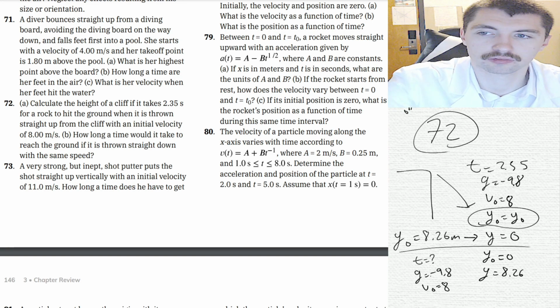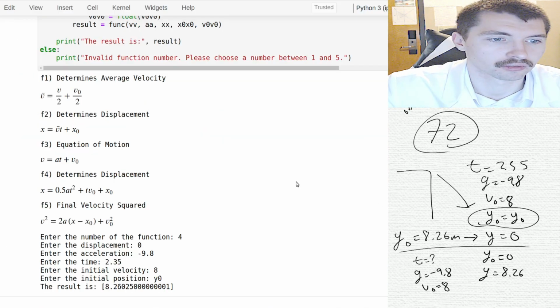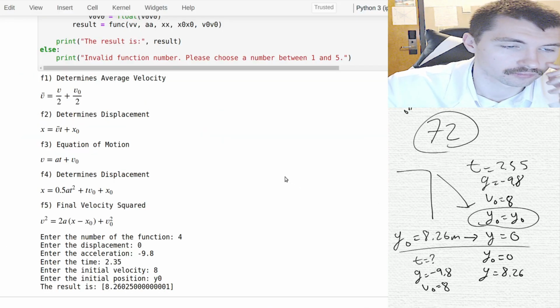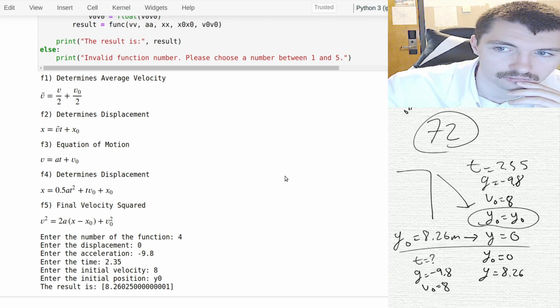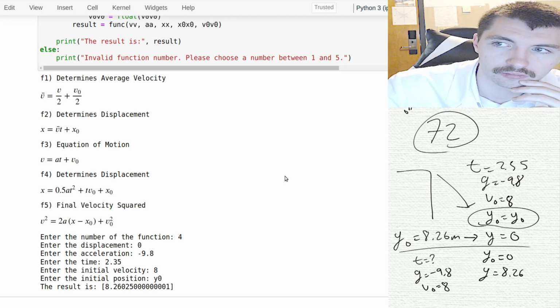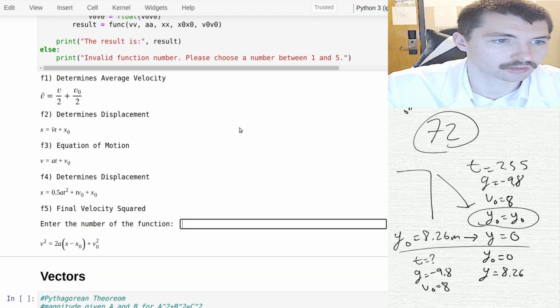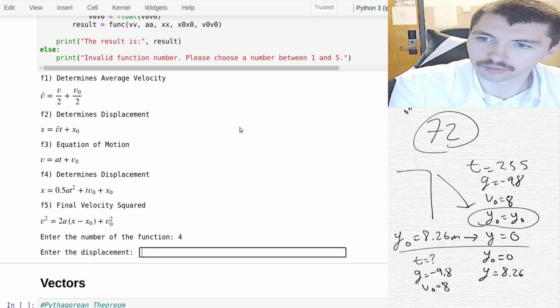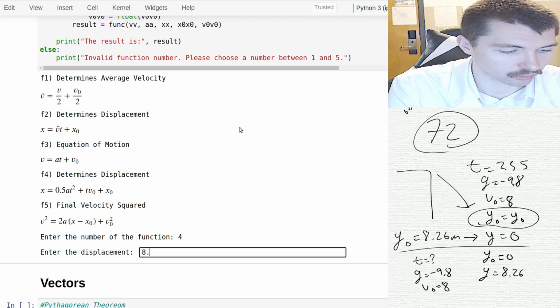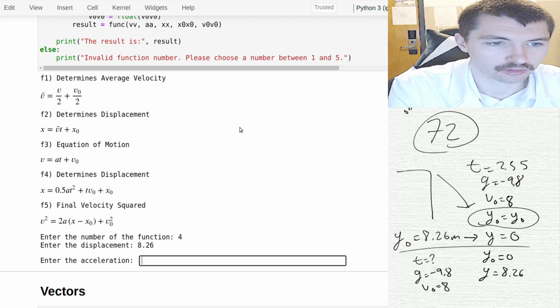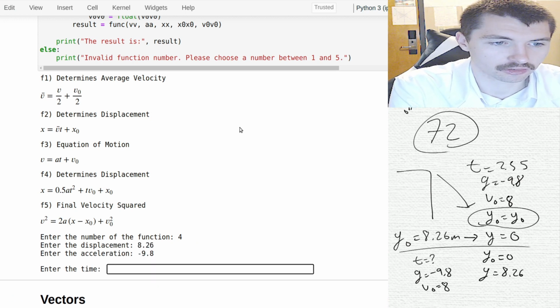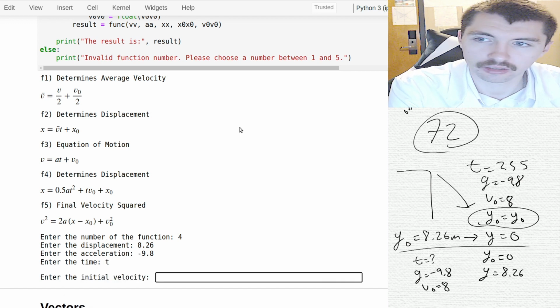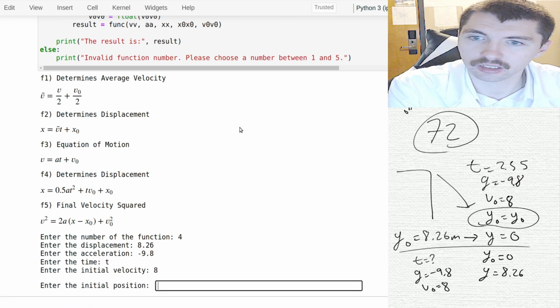Okay. We're going to use equation 4. So 8.26, negative 9.8, time is t. Velocity is 8. Initial position is